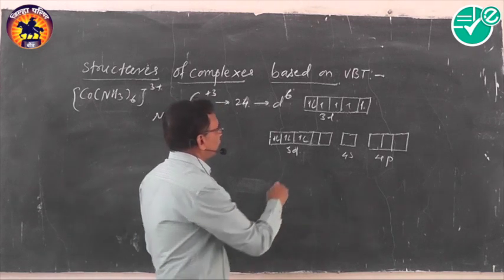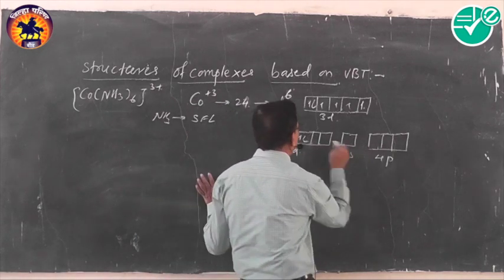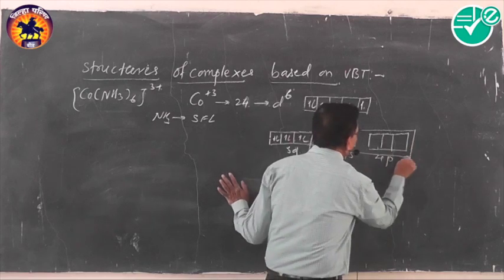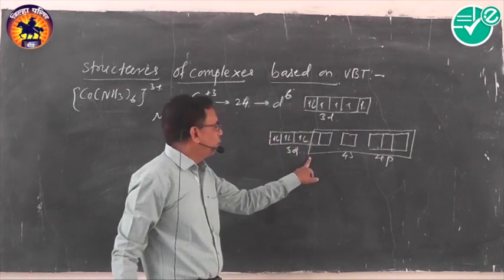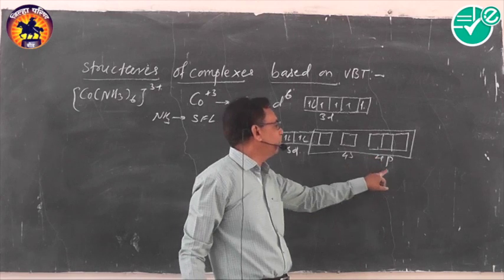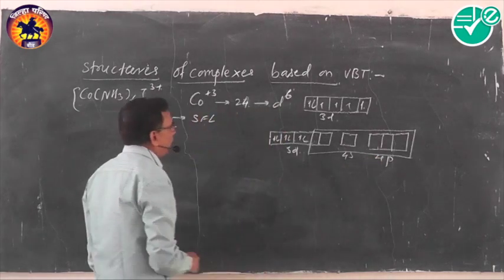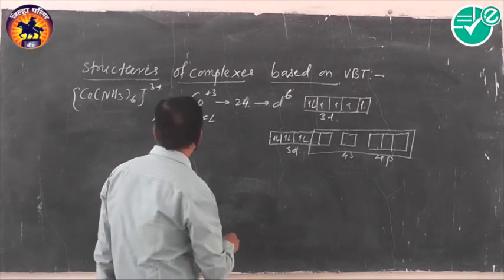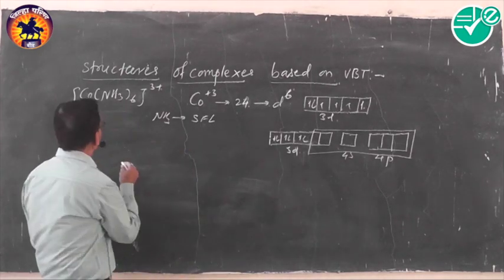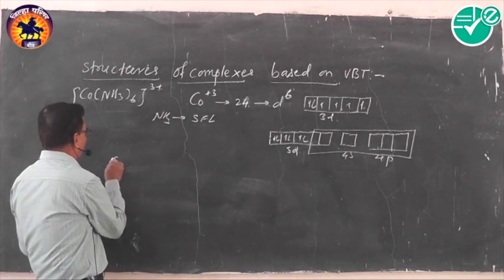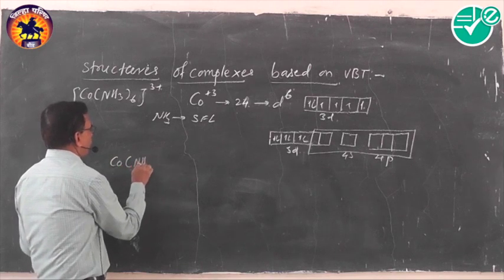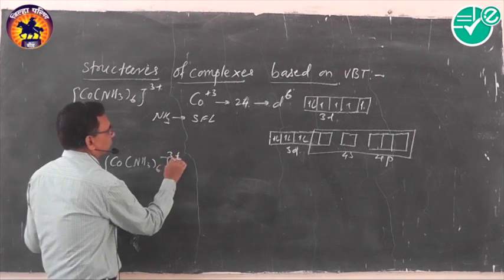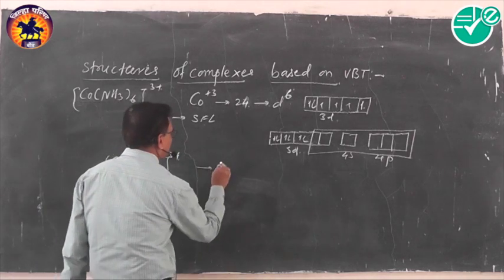So the hybridization is d2sp3 like this. These vacant 2 d orbitals, 1 4s orbital and 3 p orbitals undergo hybridization, and the electronic configuration in the hybridized state of the complex [Co(NH3)6] 3 plus can be written as, this is